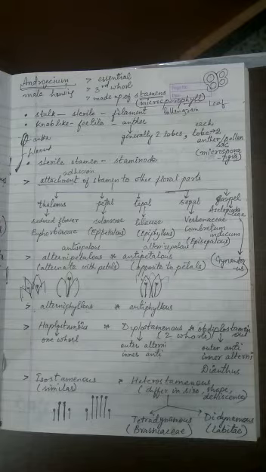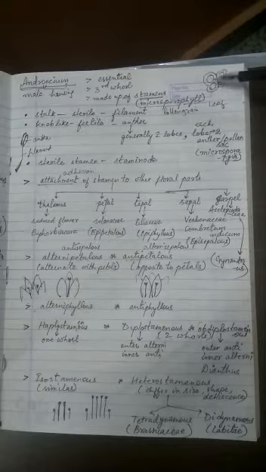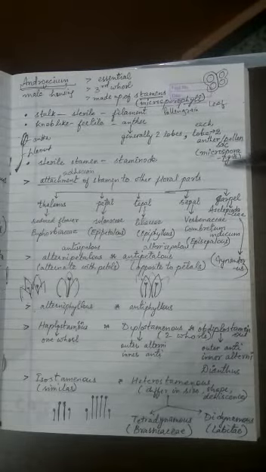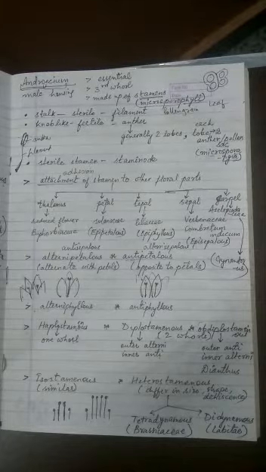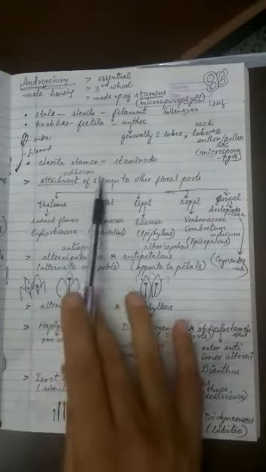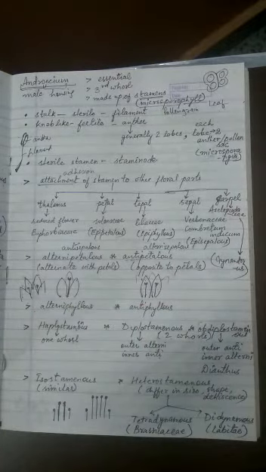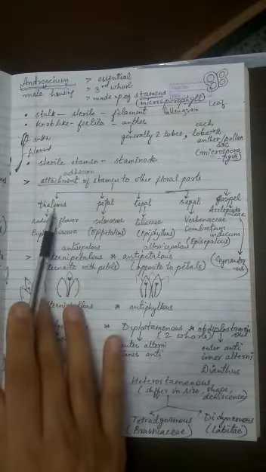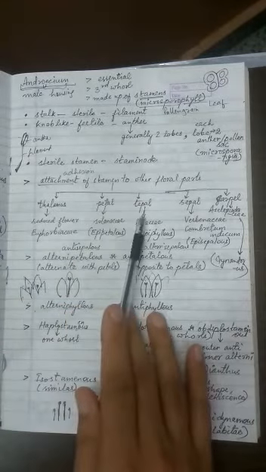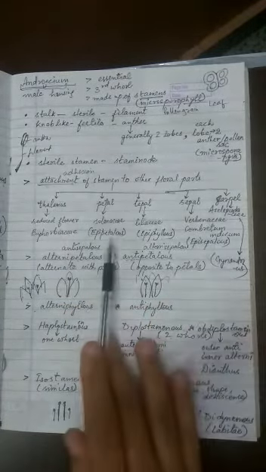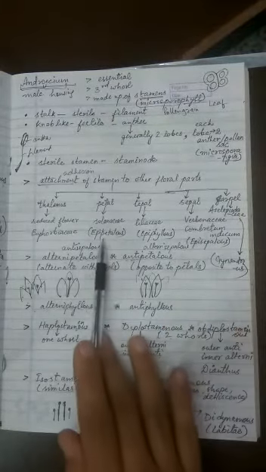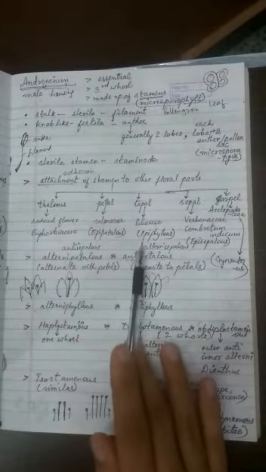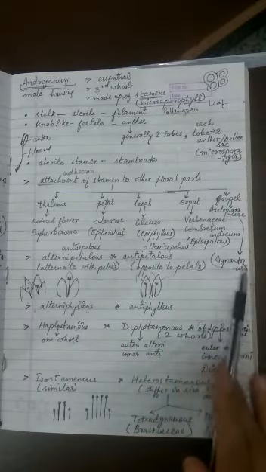We learned that generally anther is two-lobed, and each lobe carries two anther sacs or pollen sacs, and pollen sacs are also termed in biology as microsporangium. We learned in the last class that the sterile stamens are called as staminode, and then there are various adhesions of stamen possible to various floral parts. For example, the stamens may attach with their lowermost portion with thalamus, or may attach with petal, tepal, sepal, or otherwise carpel. We learned the various examples of the families and the terms used, for example epipetalous, epiphyllous, episepalous, and gynandrous.